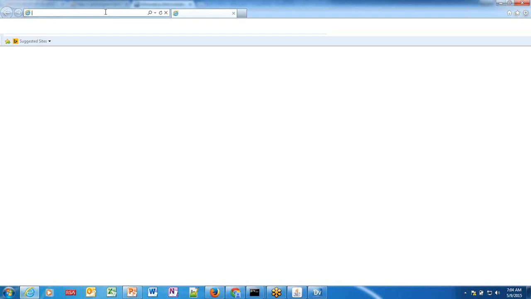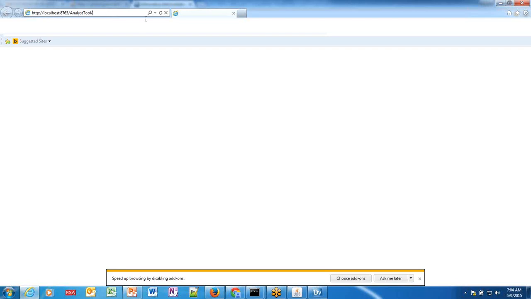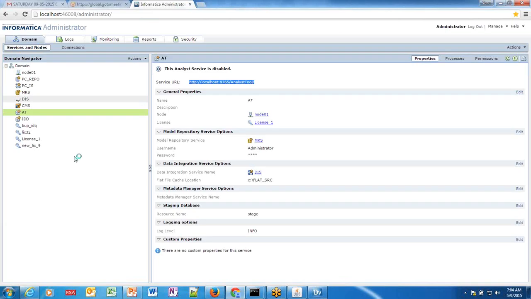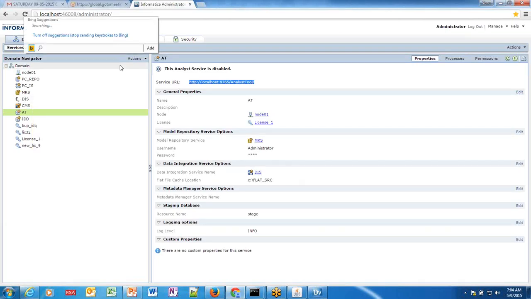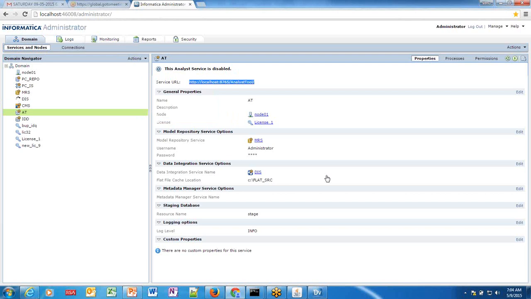It will take some time to start because this service depends on the DIS. Anyhow, I will show this Analyst service as we go through the presentation. So let the DIS start. The Analyst is mainly used by the analyst user, where they will create the profiles and